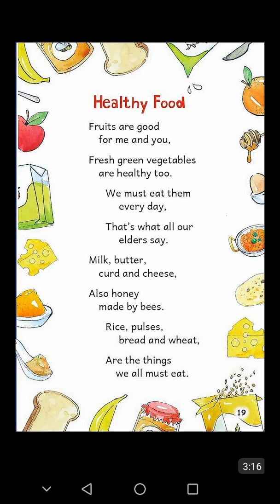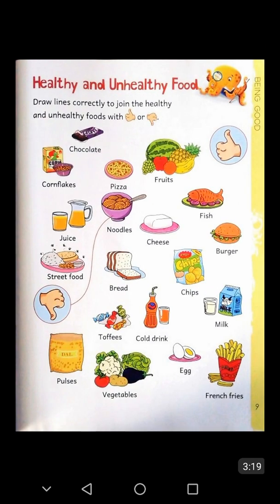After reciting this rhyme, now open page number 9 of your Icon Explorer, book number 5. Students, you see in this page healthy and unhealthy food. Draw lines correctly to join the healthy and unhealthy food with thumbs up or thumbs down.